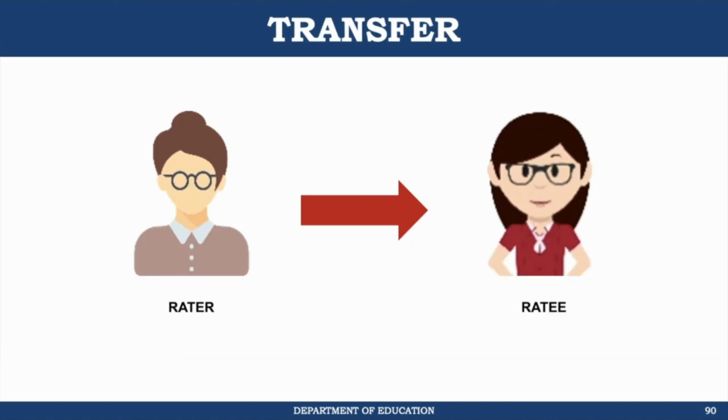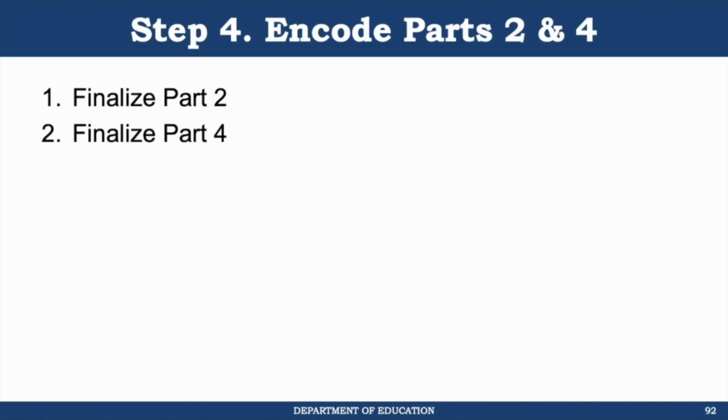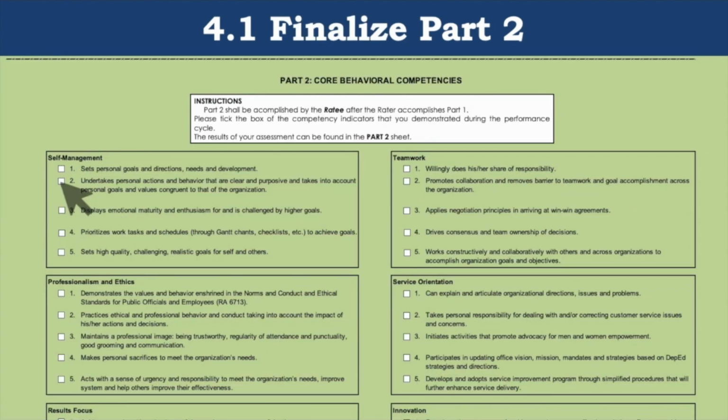At this point, the rater transfers the file to the RATEE. So, we've completed steps 1, 2, and 3, and now let's discuss the last one, encoding of parts 2 and 4 by the RATEE. Okay, here are the steps involved. Let's begin with finalizing Part 2. Back in the Encoding tab, below the Part 1 is the Part 2 form. The RATEE only need to tick on the boxes of the competency indicators that he or she has demonstrated during